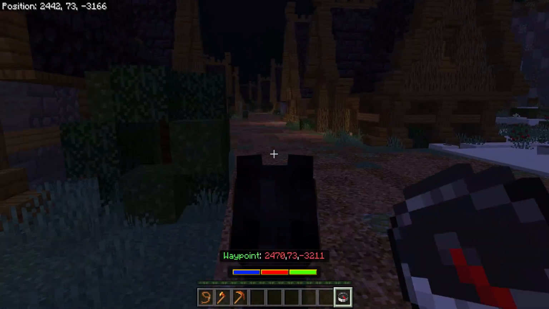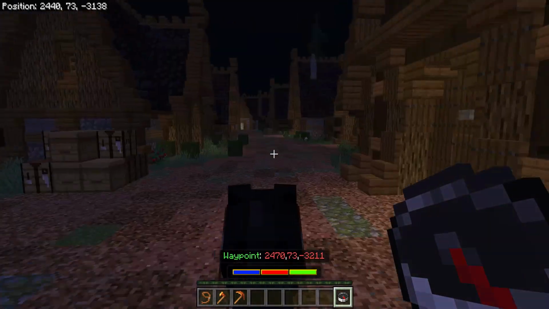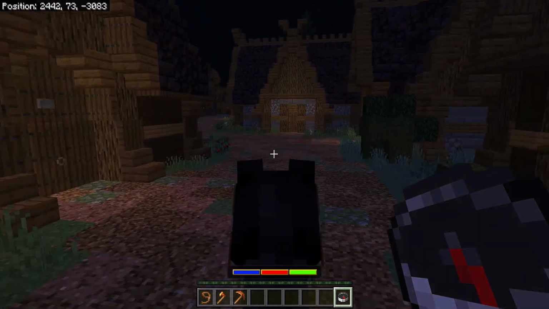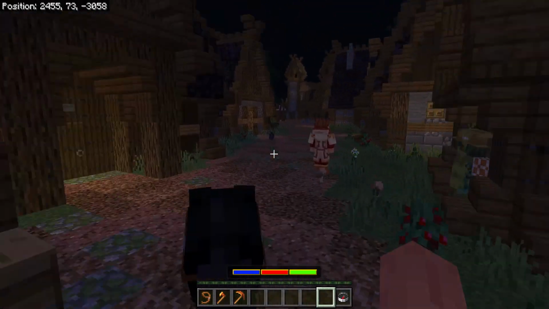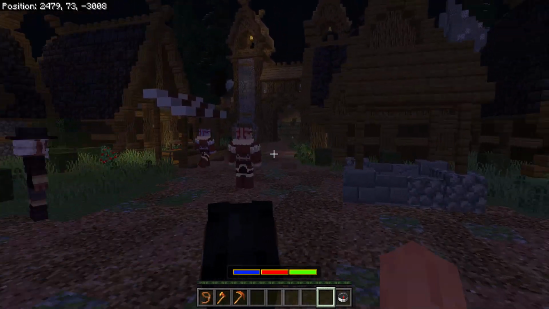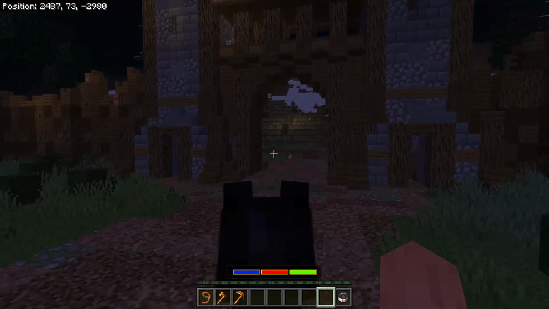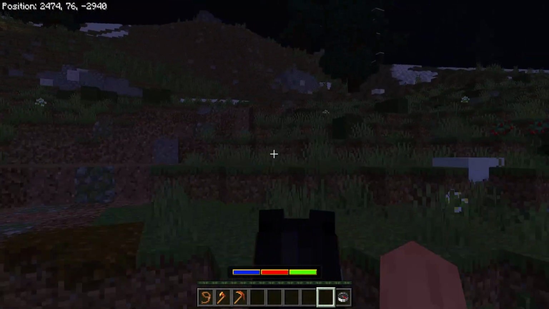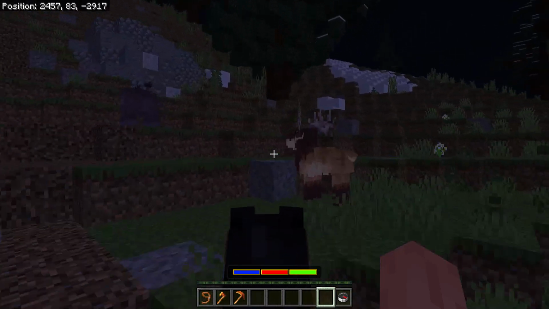So our compass should always point north, as compasses do. So we can just go ahead and head on over in this direction. We can try to get to the outskirts of the city. There we go. And now we just need to find some trees. Look, there's some trees over here. Let's go ahead and